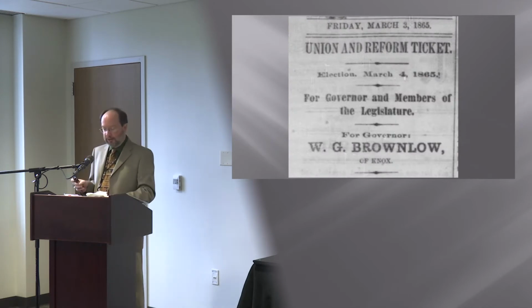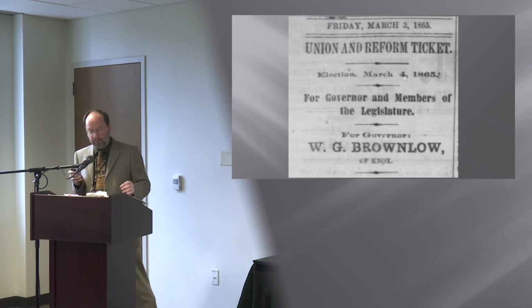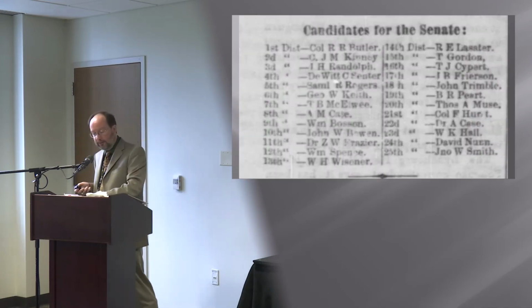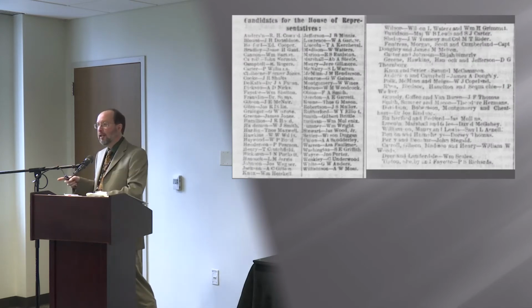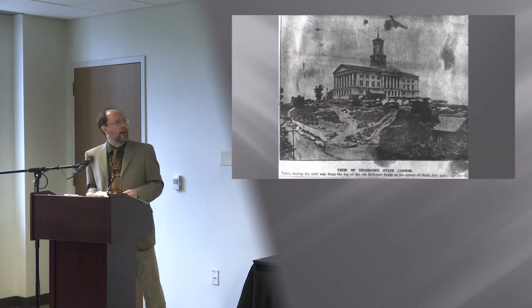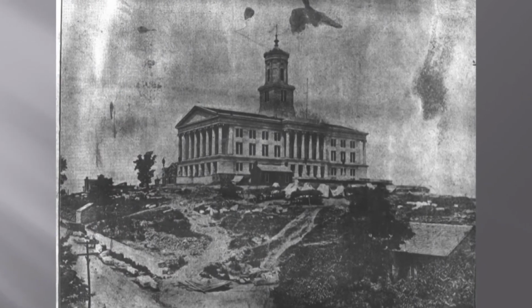All the men elected to the new General Assembly were elected on a slate under the Union and Reform ticket. That is, you didn't vote for an individual member of the General Assembly. You voted for or against all of the approved candidates, the 25 members of the Senate and the 84 members of the House. No candidate had an opponent. The slate of candidates were elected and the legislature convened in that building on April 3rd,